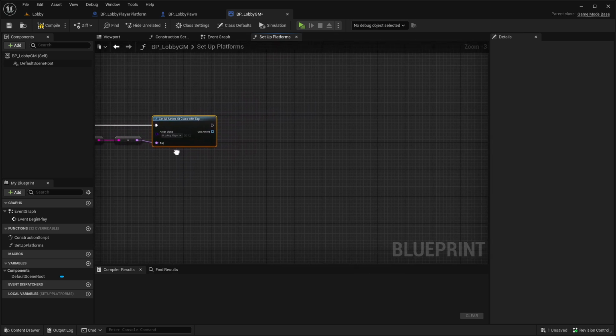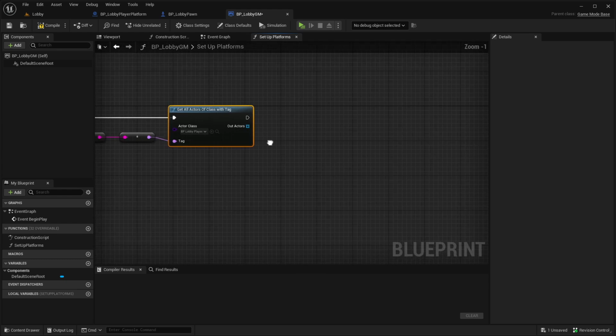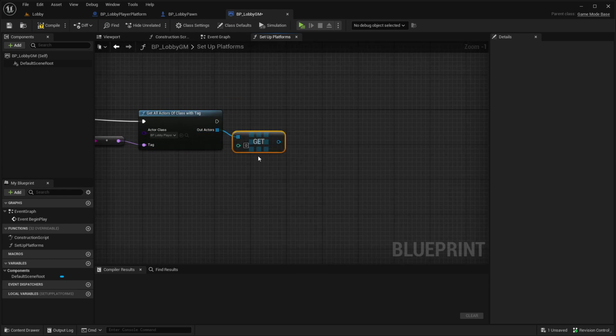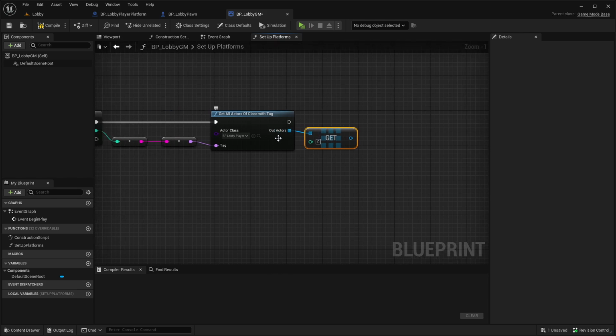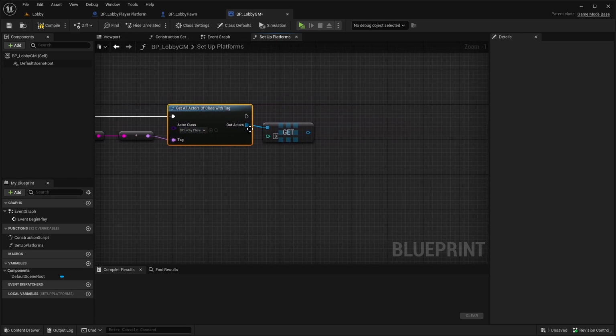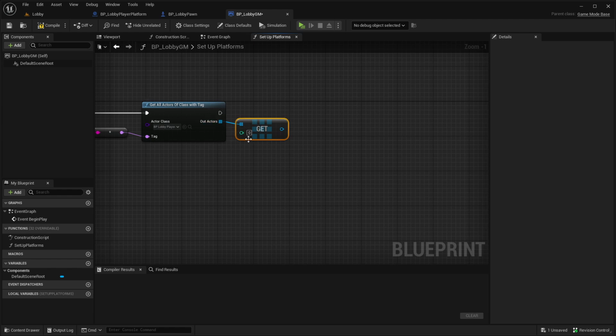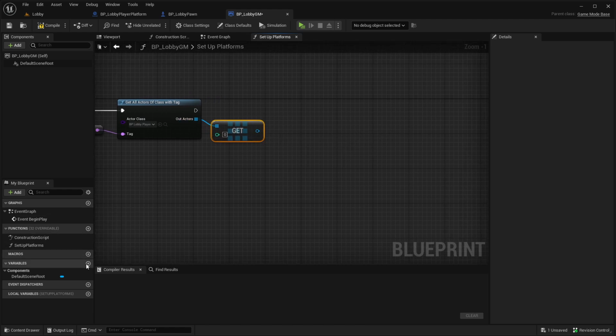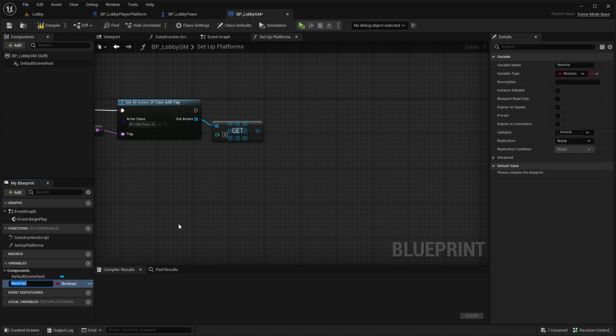And then we can get here the 0 element, because this here will be fired 5 times, and each time we only have 1 element in this array here. So we're getting here the 0 element, adding a new variable and calling this